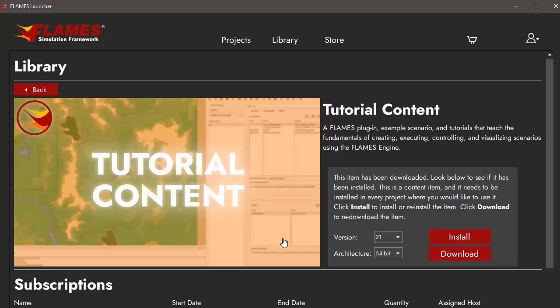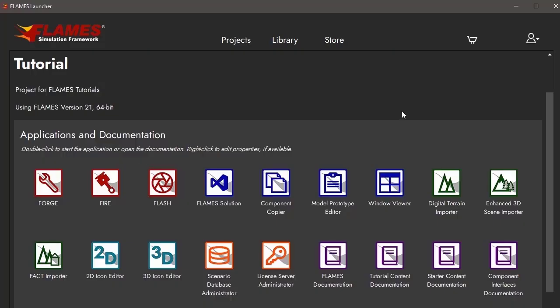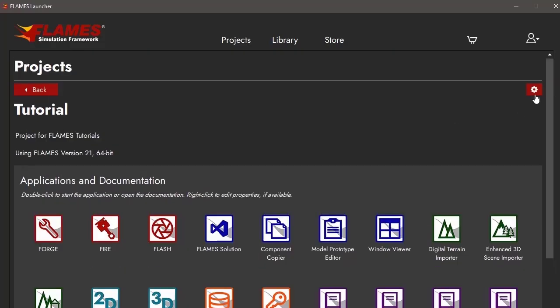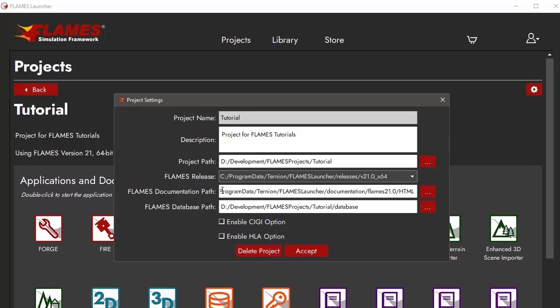So that's just a little bit about installation and where it gets installed. If you really know what you're doing and you want to go to a given project and you want to change where it gets the documentation, you can go here and change that path. And this is now the specific path for the documentation for this particular project, this version of Flames. So that's all there. But again, I highly recommend you just leave that alone and let Flames put the documentation where it wants to put it, because it's all set up to all work. And by having all the manuals in the same place,